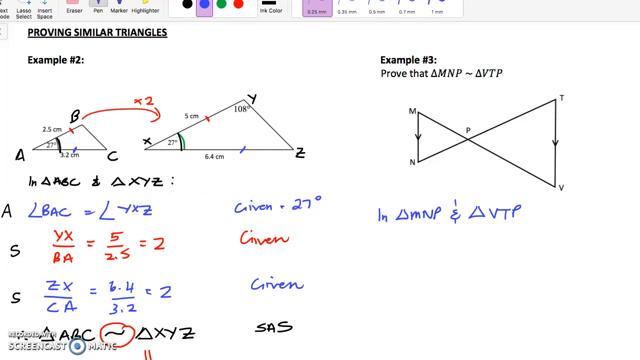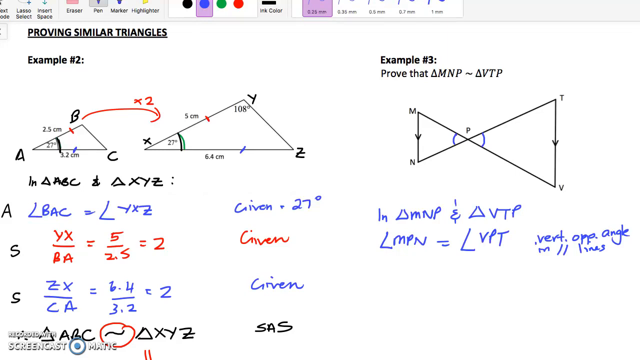So let's have a look. What do I know about these? Well, straight away I can see we've got 2 straight lines crossing, so I've got vertically opposite angles. So I'm going to call this angle MPN, and I'm going to say that is equal to angle VPT, and I'm going to say that's vertically opposite angle. I'm going to run out of room in parallel lines,